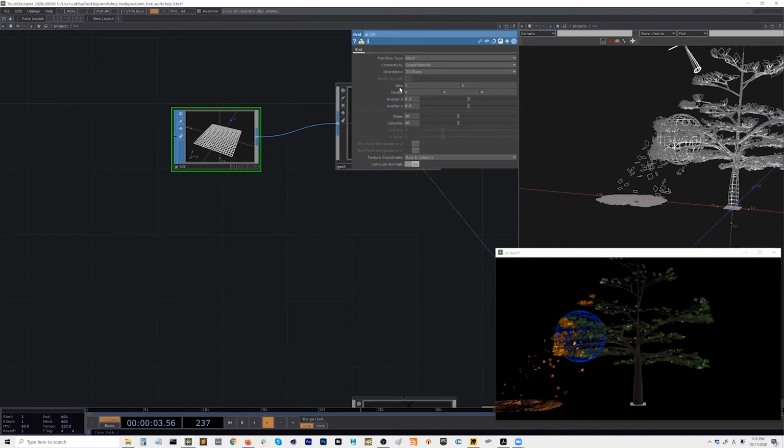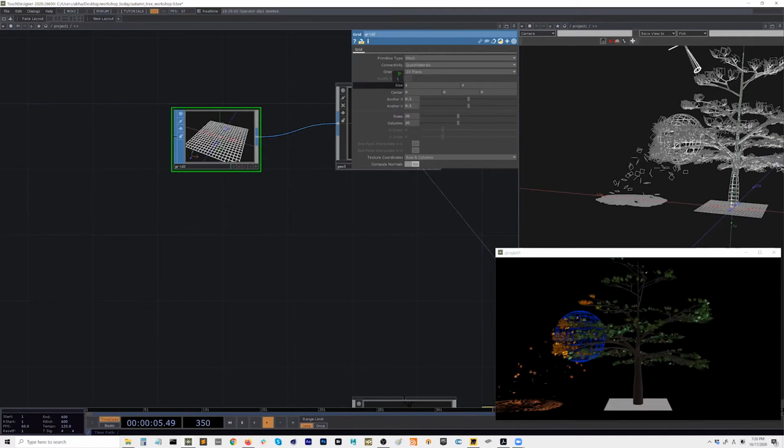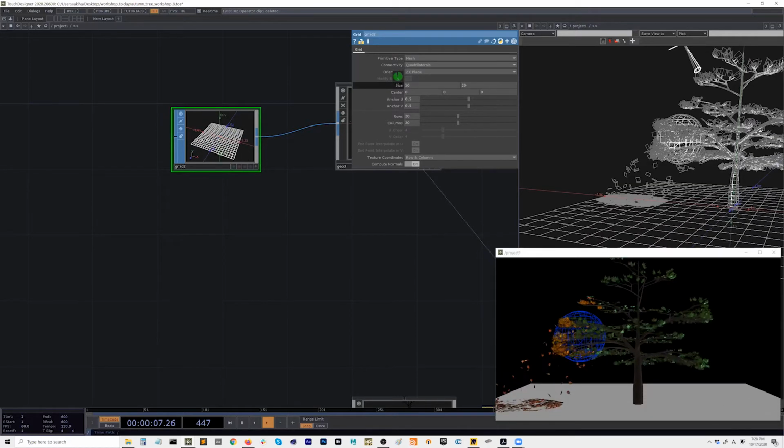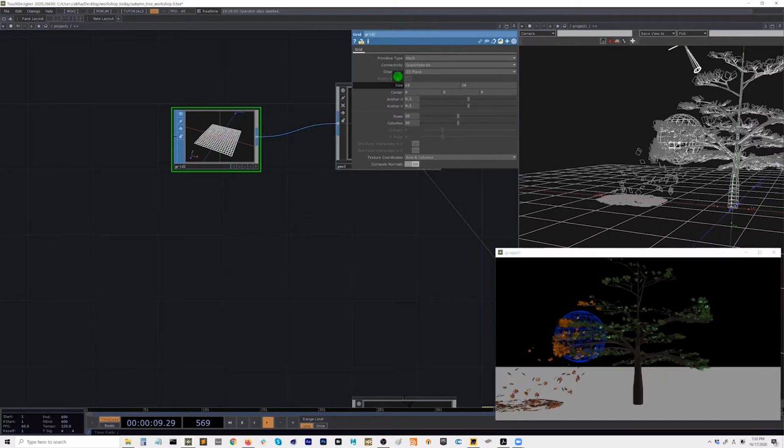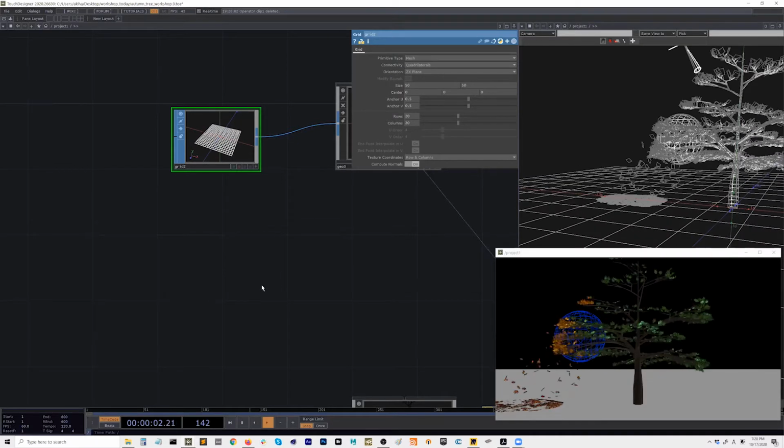And this should be quite bigger, maybe 50, something like that. And